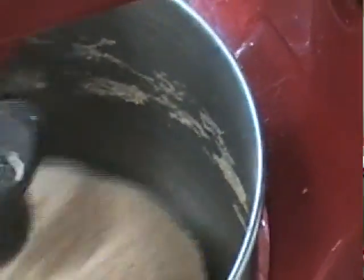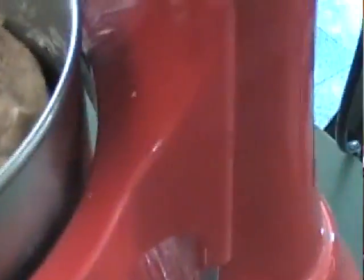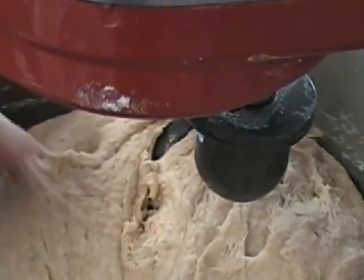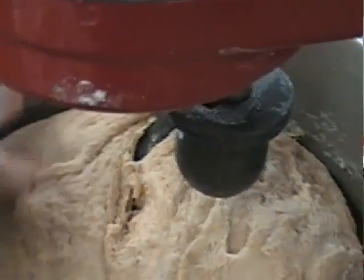It's still flour on the edges, so it is pulling more from the edges. But like I said, it was a bit sticky for my taste there. I like it to just have a bit of stick when you touch it, and that's how I always tell how I like it. I have to touch with my fingers there. So that looks like it's doing pretty well, and I want to turn this off for a minute and pull this back down in there so that gets incorporated through. And so as you can see here, it is a little sticky there,